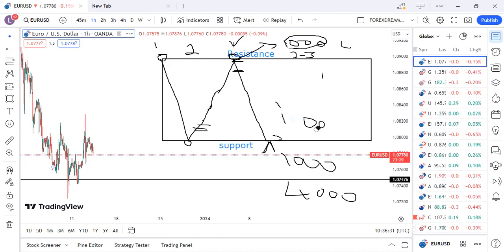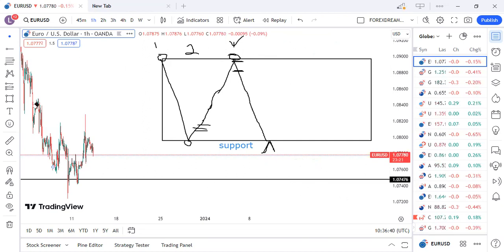Now, if you have that 1,000, you come back again and look for another opportunity. What opportunity are you going to look for here? It's going to be a buy opportunity. Why is it going to be a buy opportunity? You have a support here. This is the first time the market touches our support. We're going to look for another opportunity to buy here. If we buy here, where are we going to exit specifically? Here. You buy here, let's say with the 4,000, from this downtrend.